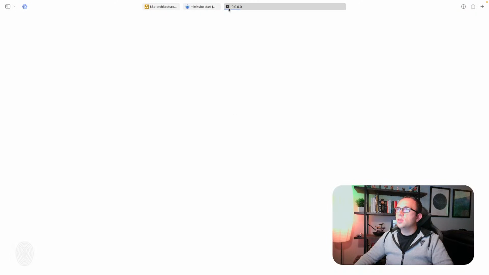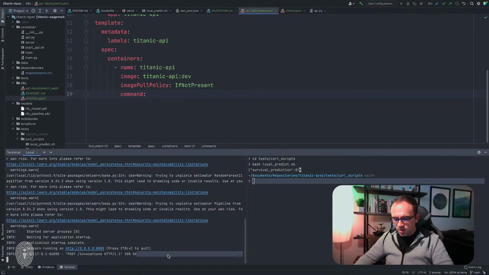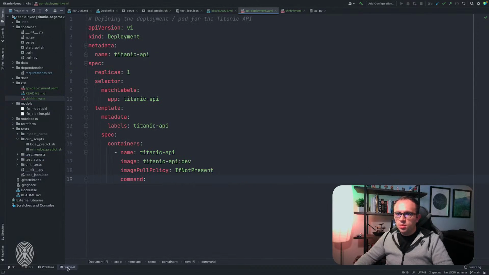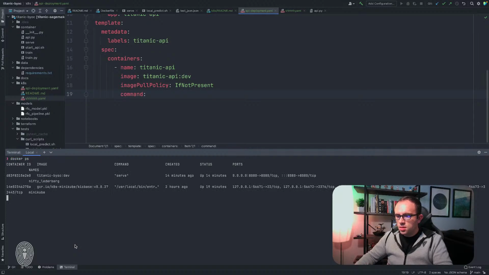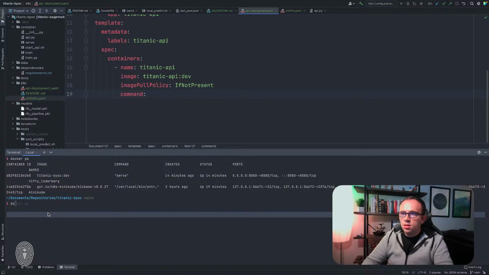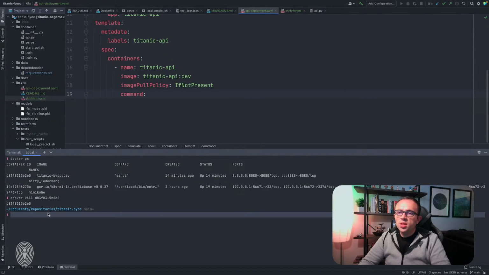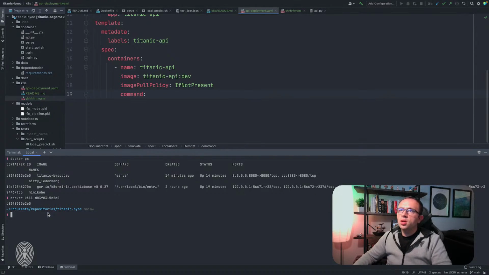Whoops, didn't mean to do that. All right, I'm gonna stop this. Okay, terminate. All right, I'm gonna do Docker PS. I'm gonna kill this container. Docker kill. Sorry. All right, and so just recall that when we did the Docker run, well, I guess I could have